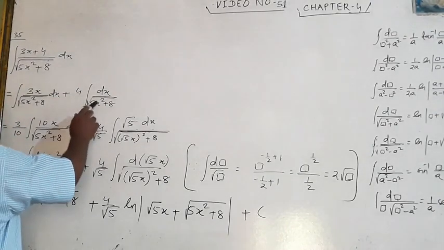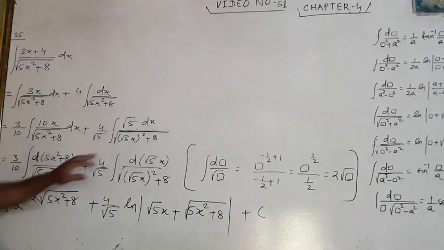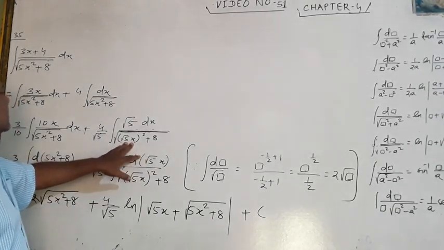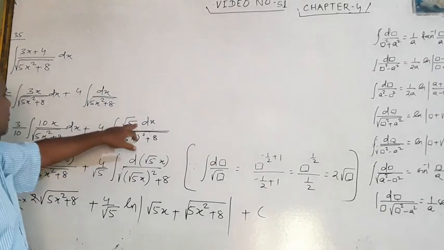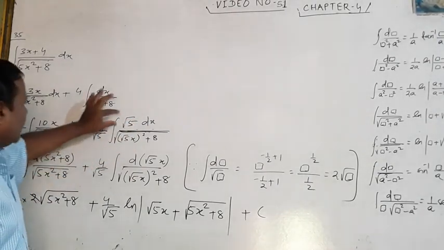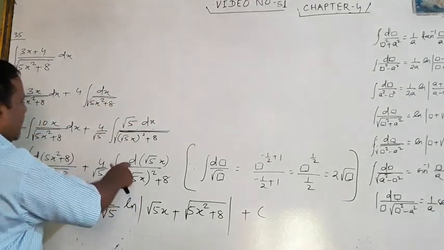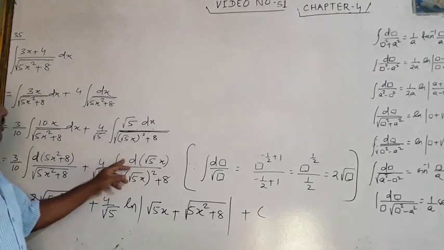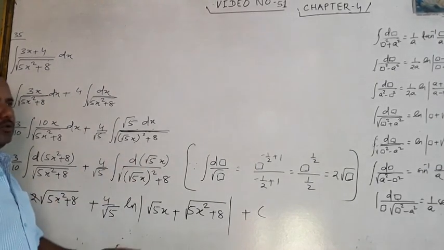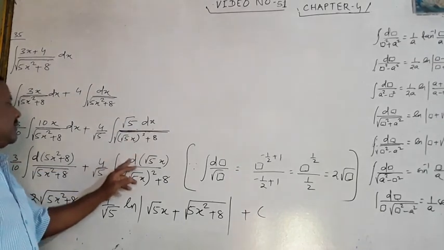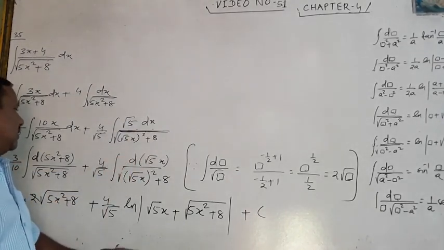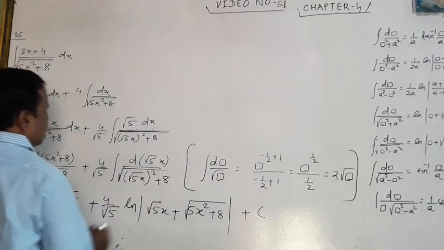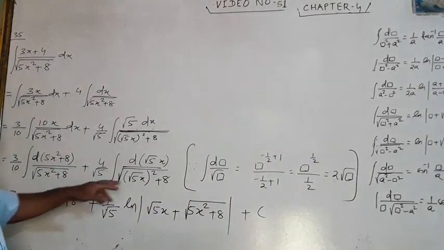Now what is the one whose square is 5x square? It is root 5x whole square. So you have to put the derivative of root 5x, that is root 5. So multiply root 5 and divide root 5. And root 5 dx is clearly the derivative of root 5x, because root 5 will come outside, this is only dx, root 5 dx. So root 5 dx I am writing as derivative of root 5x. Now the denominator is what? The denominator is root 5x whole square plus 8.